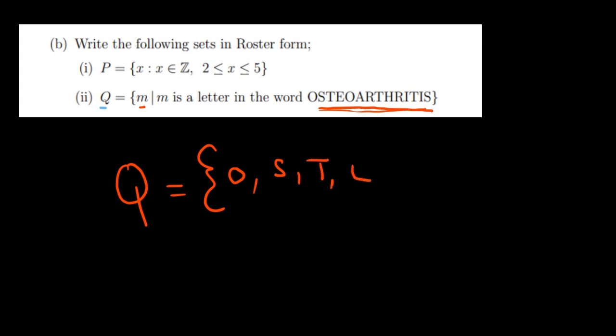I can see E. Okay, I can see A. I can see R. I can see H. And I can see what? I. Okay, so this is the set